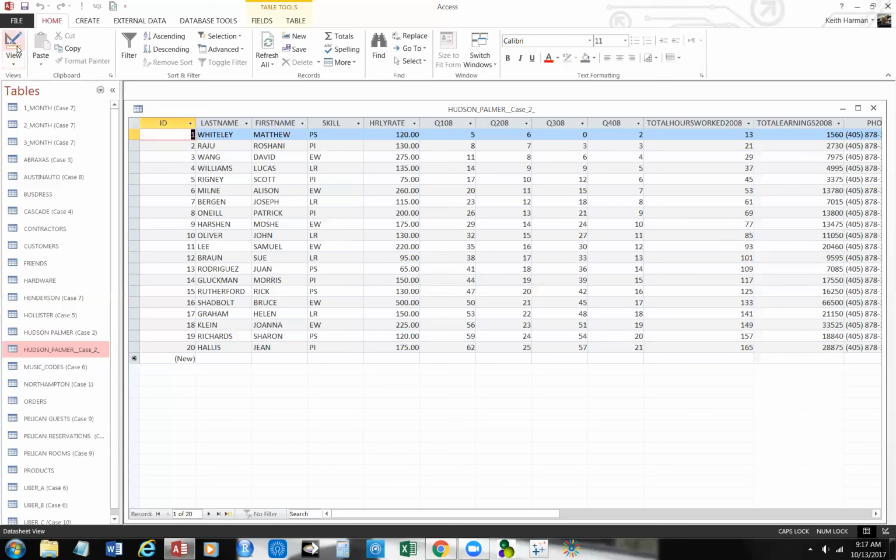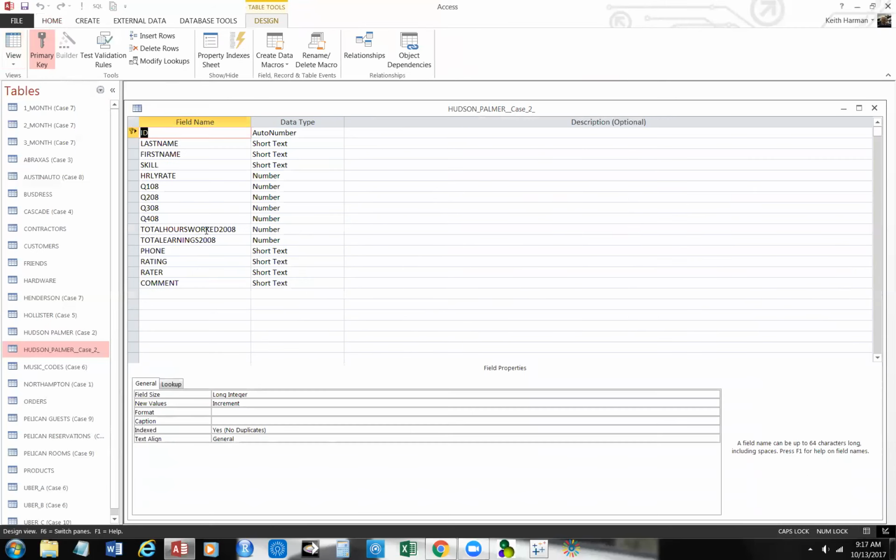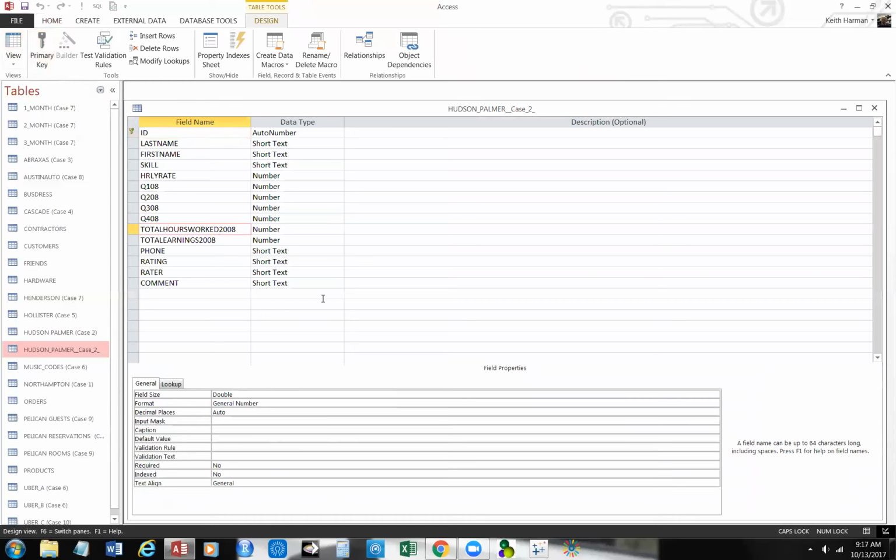Let's go to the design view on this table, and I want to do something here. Total hours worked. Let's put an underscore between it. Now the whole idea here is to get this to look good. Now, if I want to, rather than putting it, I could do this. I could put a caption. You see this down here? It says caption in the field properties. I could put